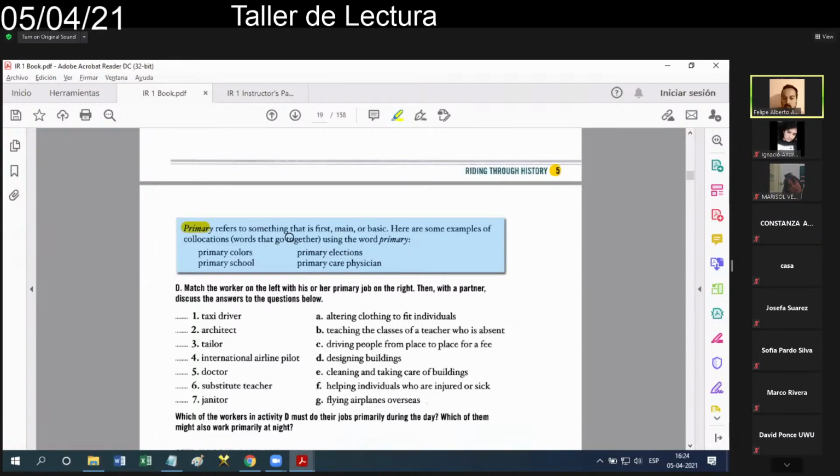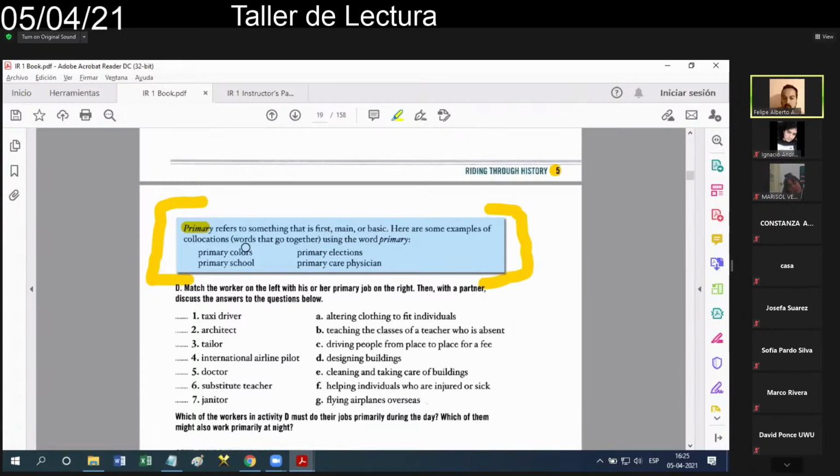Here there is a definition. Remember that this book highlights some definitions, mainly when they are in boxes this way. What is primary? You remember what I asked you to do at the beginning of the course. Hey, guys, please carry out a sort of classification for words: adjective, noun, conjunction, preposition, and so on. Primary is an adjective, period. Primary refers to something that is first, main, basic, and so on.